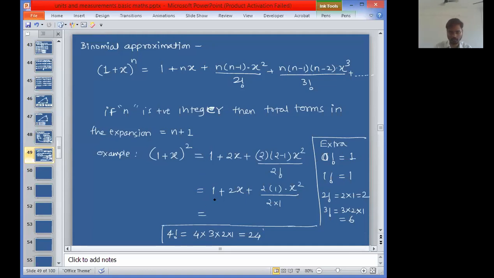And the answer to this also: 1 plus 2x plus, this 2 cancels with this 2, only x square is remaining. See, children, is it right or wrong? (1 plus x) whole square came, right, by binomial expansion? Using this rule we found out (1 plus x) whole square. You can find out cube, raised to 4, raised to 5, raised to 7, raised to 8, anything. If n is a positive integer, you should be able to do this. Reply in the chat box, clear and written. Also write down the extra point. First write it down and then let me know in the chat box.